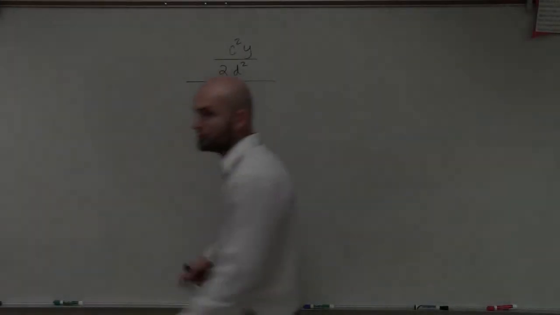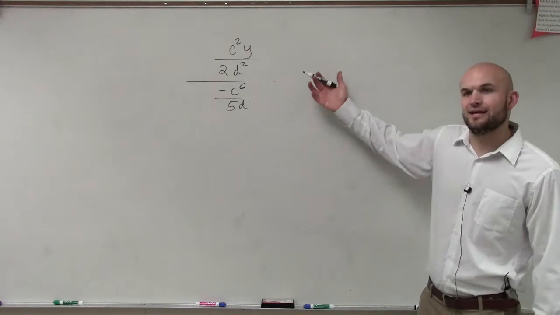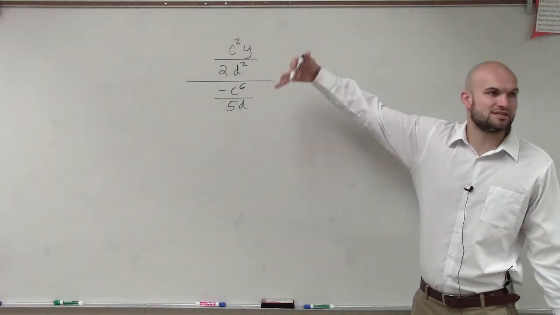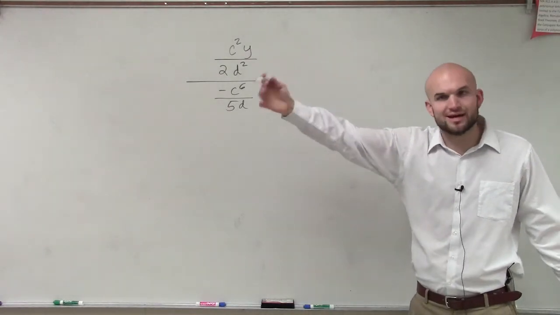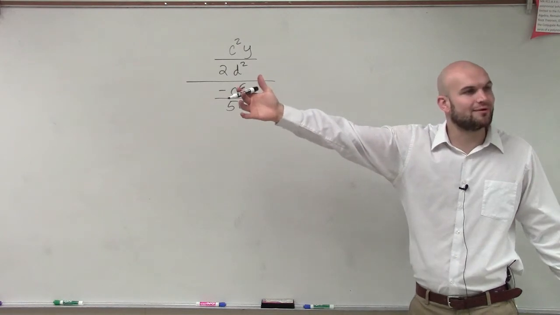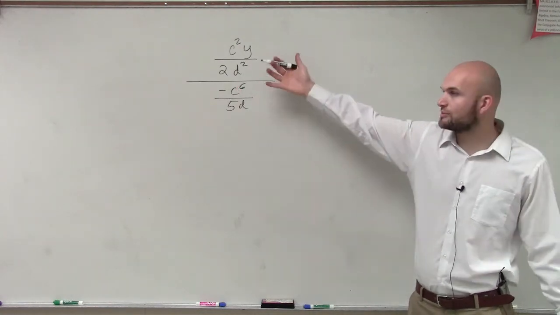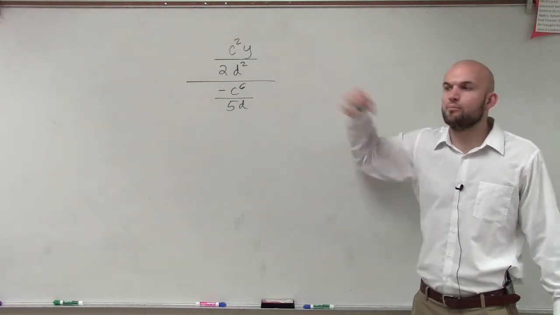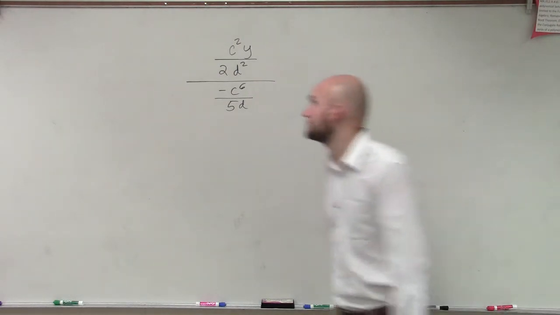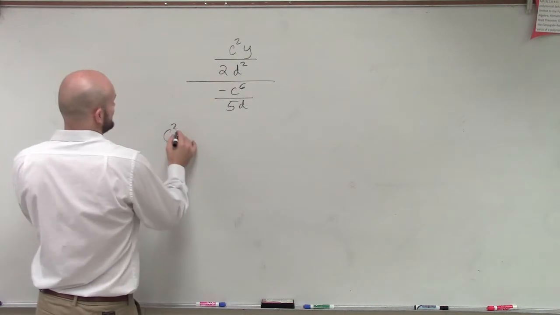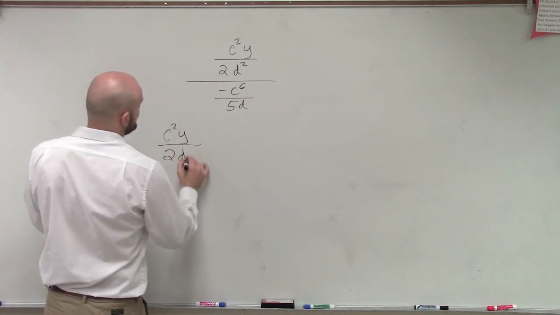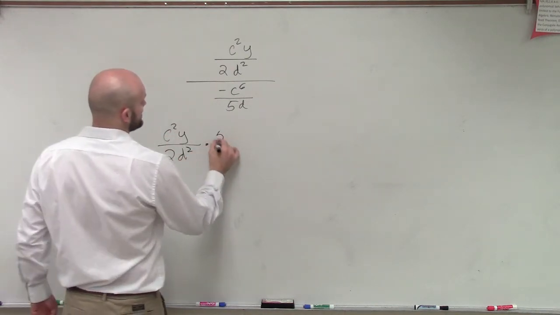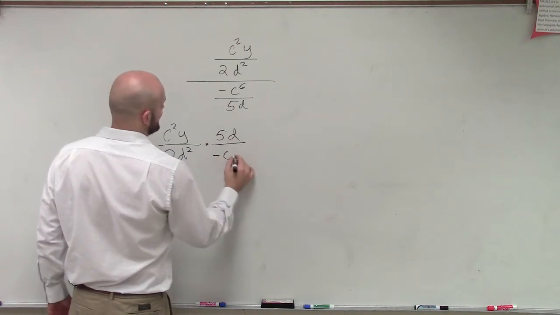Yeah, exactly, guys. All you're really doing is taking one fraction and dividing it by another fraction. But remember, we don't like to write our fractions as division. We want to write them as a multiplication, right? So to rewrite this as multiplication, rather than dividing by this fraction, we're going to multiply by the reciprocal. So therefore, I'll rewrite this as c squared y divided by 2t squared times 5d divided by negative c to